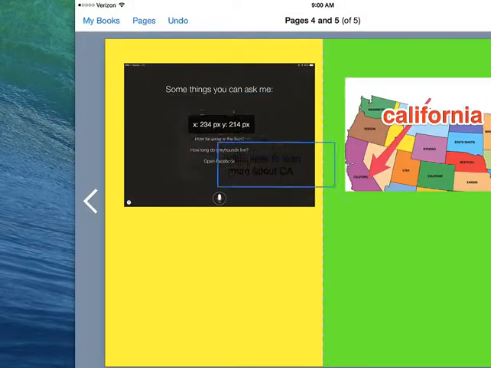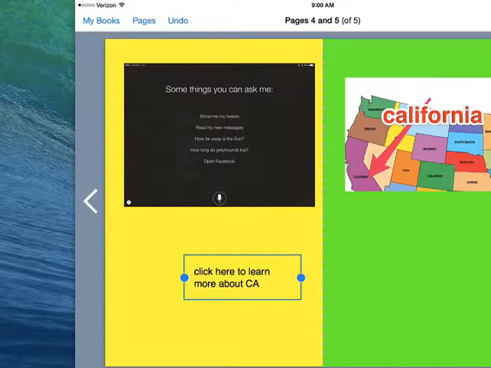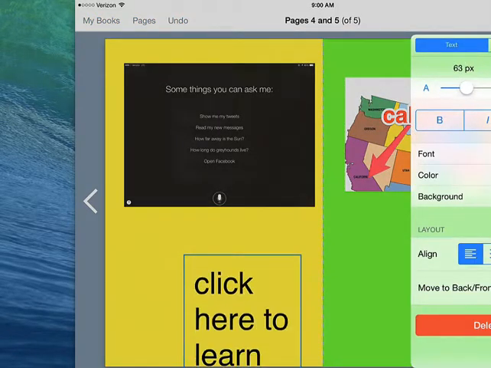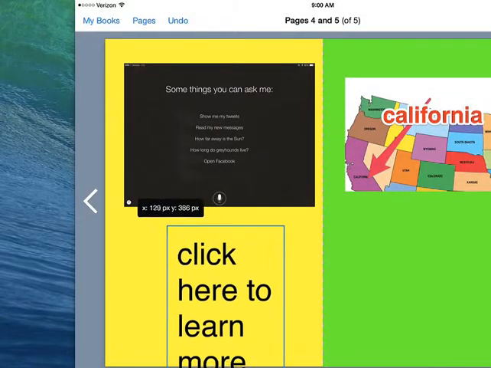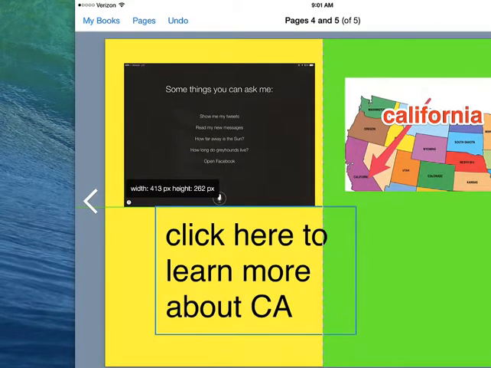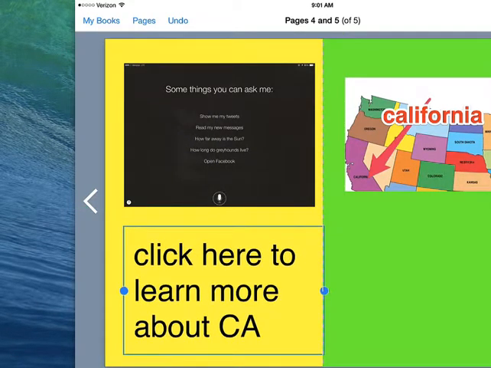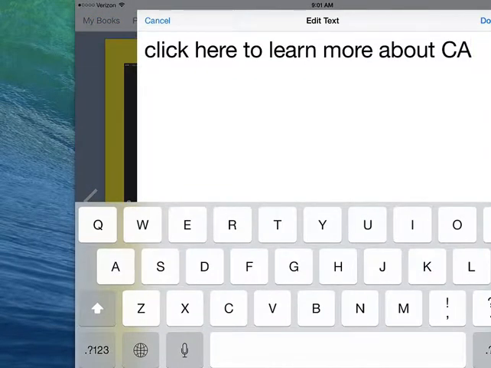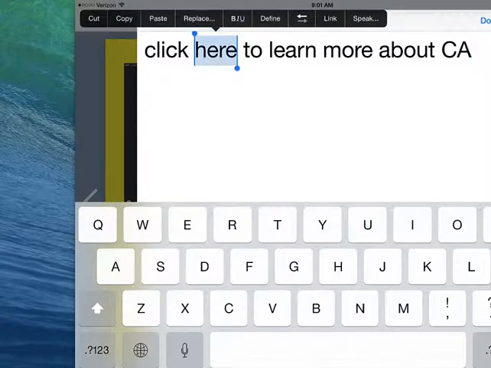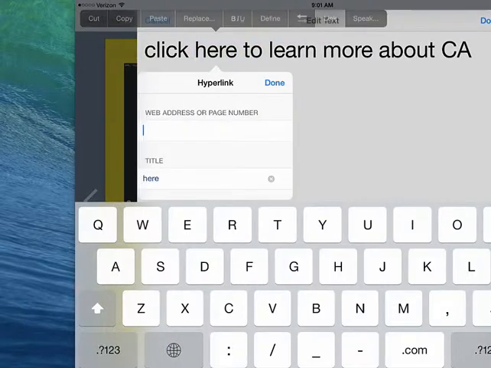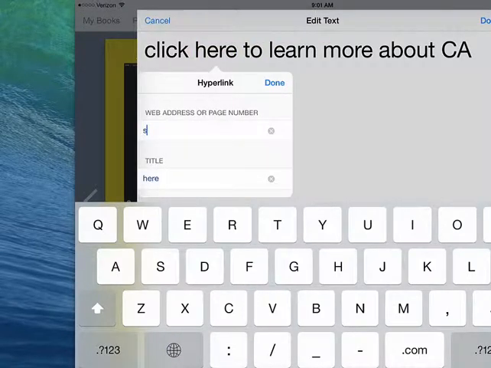And you have the ability, we've been through this before, to make it bigger, go to the eye, change the size. But you also have the ability to hyperlink a word. So if I double tap on my text box and then I double tap on the word here, you'll see the very nice feature called link. And then by using link, I can type in the website that I want the student to go to when he or she